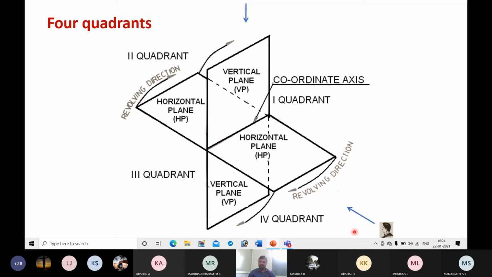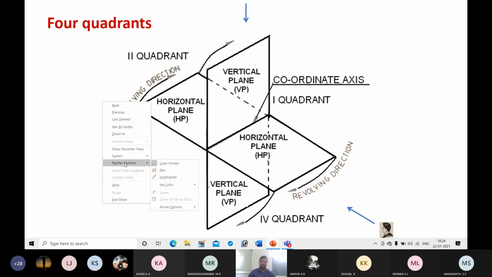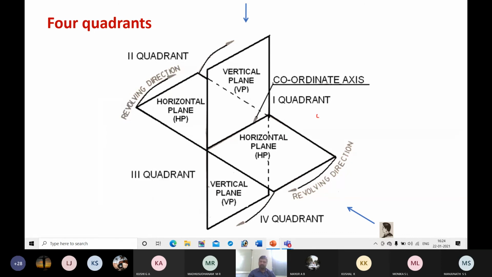Next, you have to consider another aspect related to this. That is the relative position of observer, object and plane of projection. Okay, you have to consider the relative position now. We know the object, if it is placed here, will belong to first quadrant. So if you look from the front, this is the position for front view. Front view will be projected on which plane?